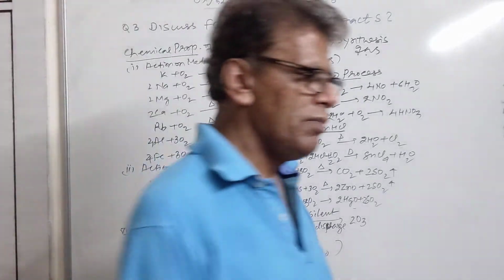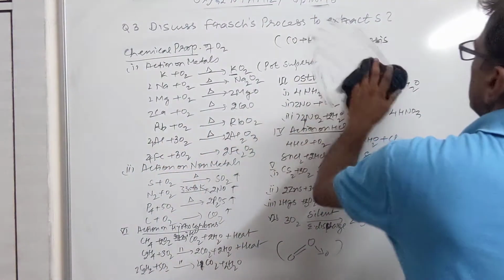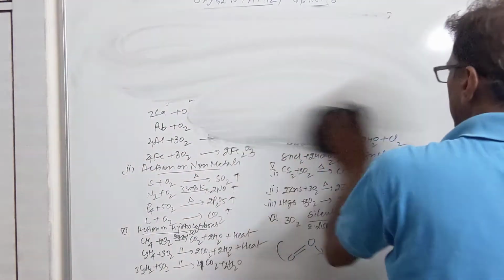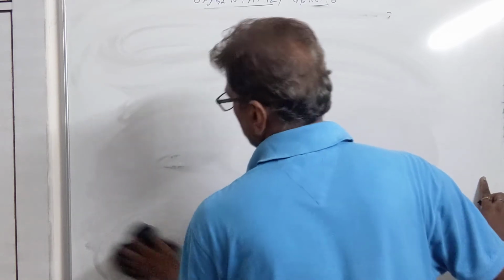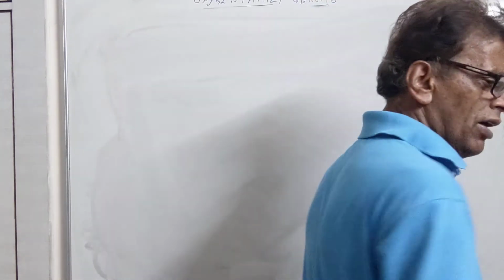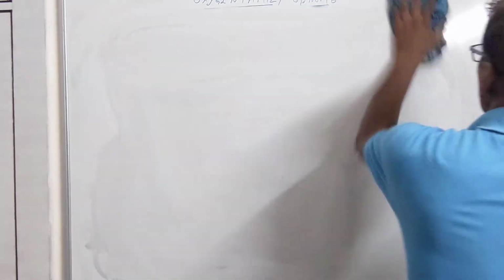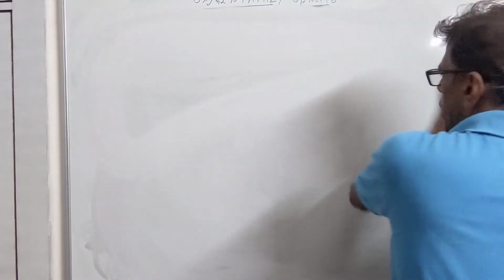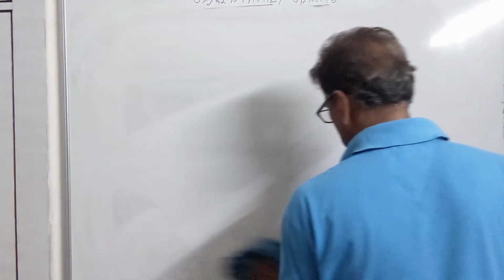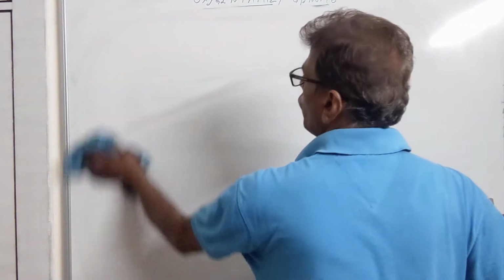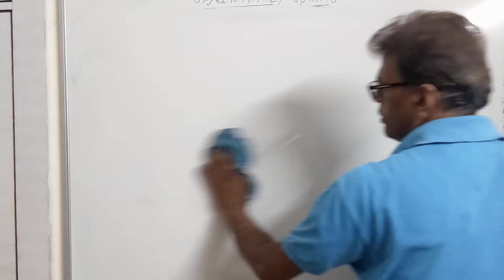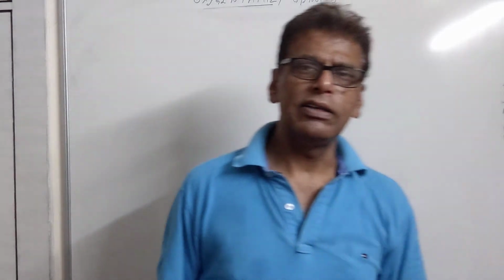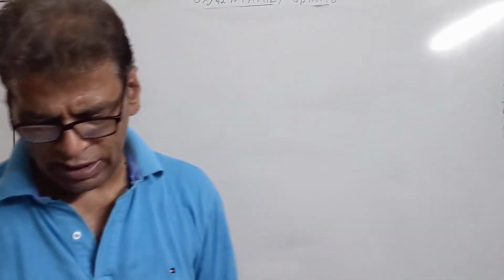Then we have another important question on oxygen: what are oxides, how many types of oxides are there, give their uses. Whenever metals, non-metals and metalloids combine with oxygen, they produce a number of oxides as we have already done. Oxides of metals are basic in character. Oxides of non-metals are acidic in character, and some oxides of non-metals have neutral character. Some oxides of metals have amphoteric character. They have both properties. They behave as acidic as well as basic.